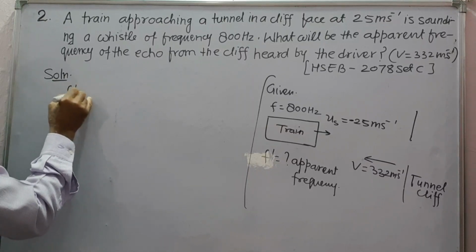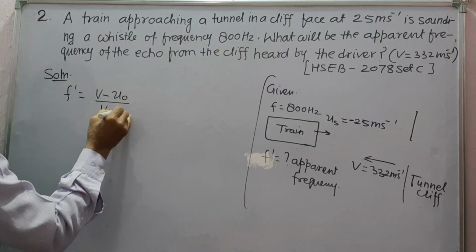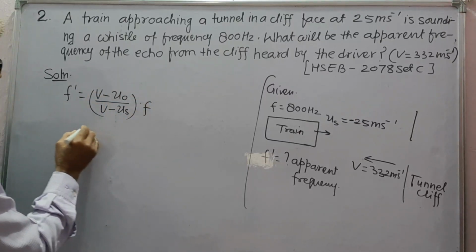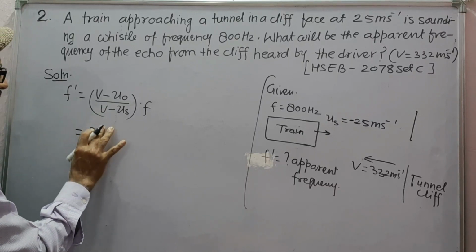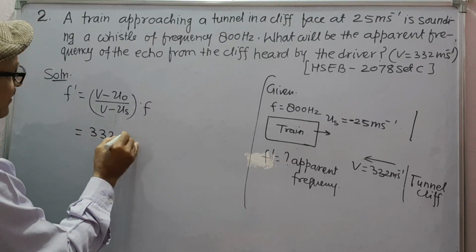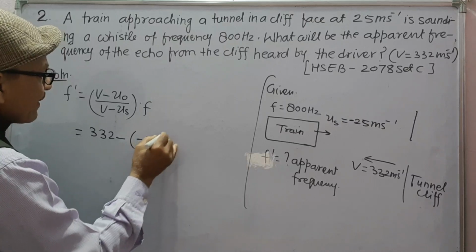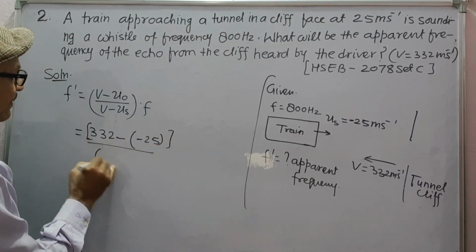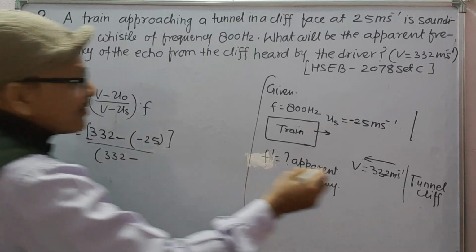Now f dash is equal to (v minus uo) upon (v minus us) into f. Values are 332 minus 25 upon 332 minus